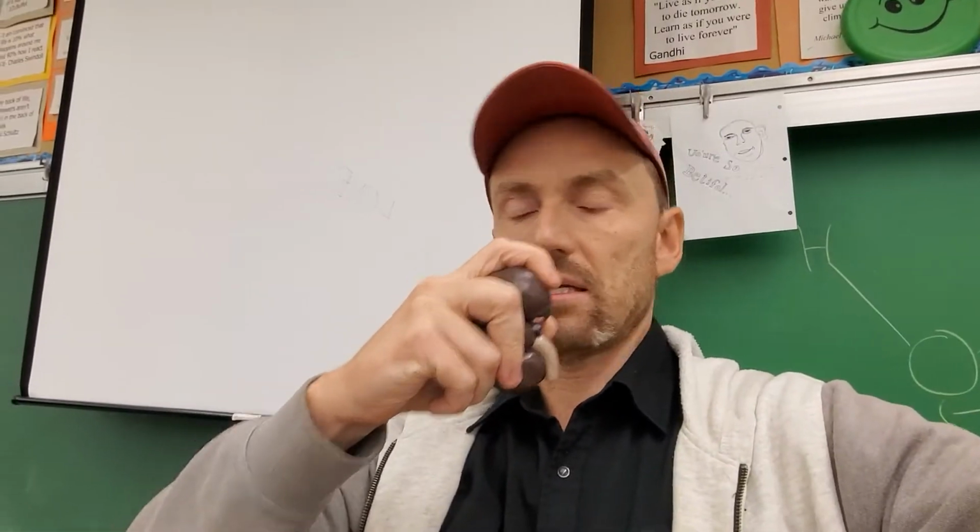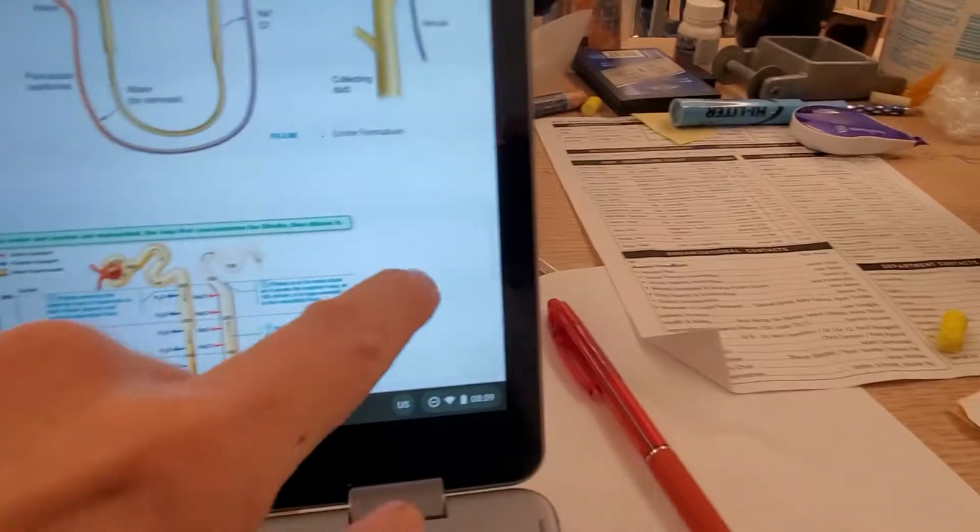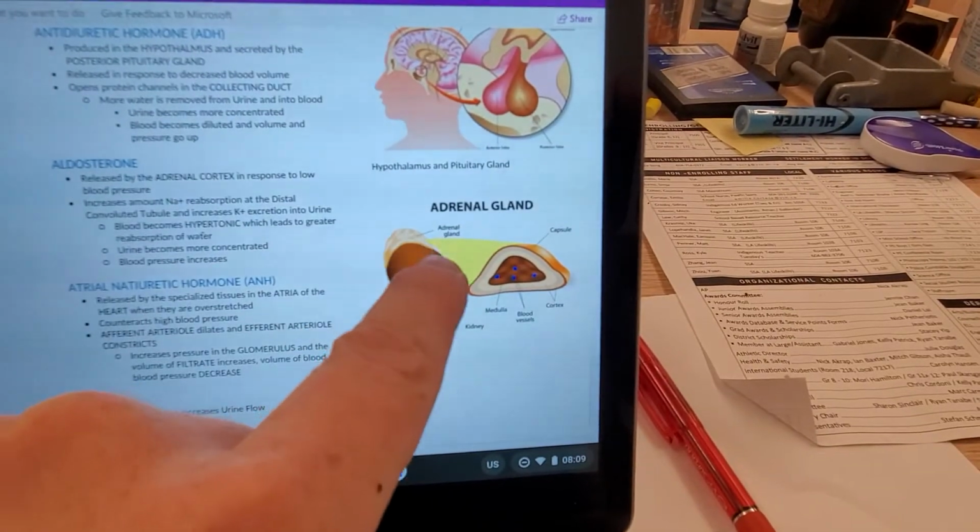The next hormone comes from the kidney. Well, it comes from the adrenal cortex, which sits on top of the kidney. It's like a thing on top of the kidney like this. There's a picture here somewhere. It's good to have things on the kidneys. Where can I find it? There it is. Adrenal gland. There we go. The adrenal gland